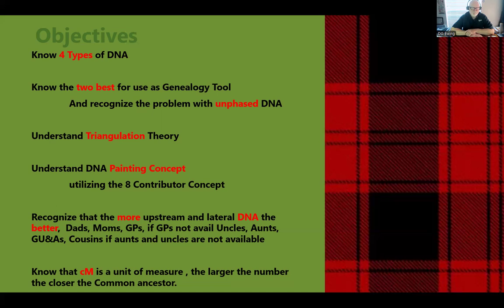So we should have a reasonable appreciation of what unphased DNA means and how we can deal with it. We also want to understand how the triangulation of DNA works, understand how to paint